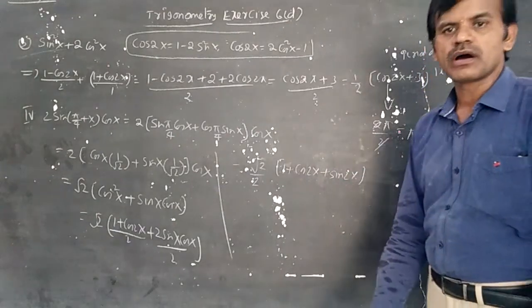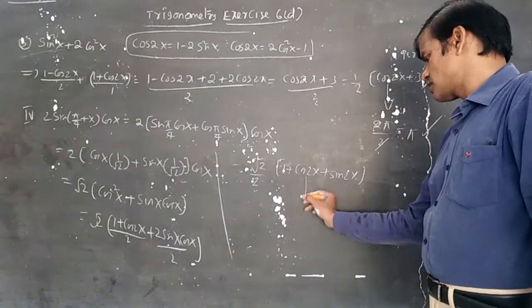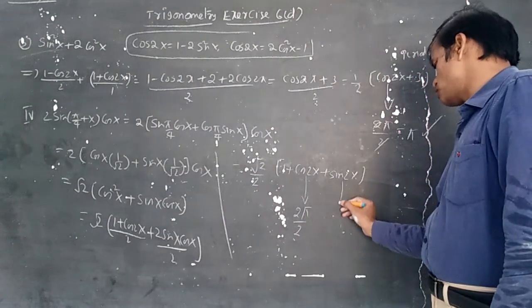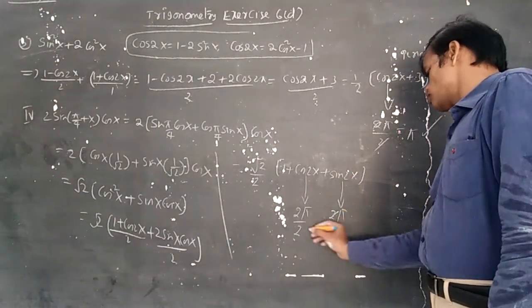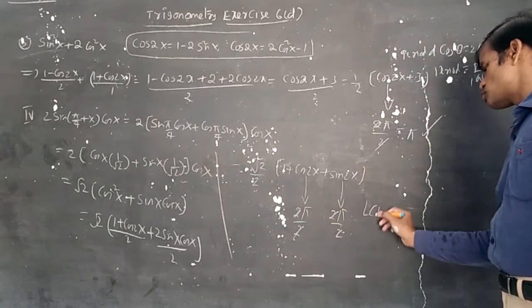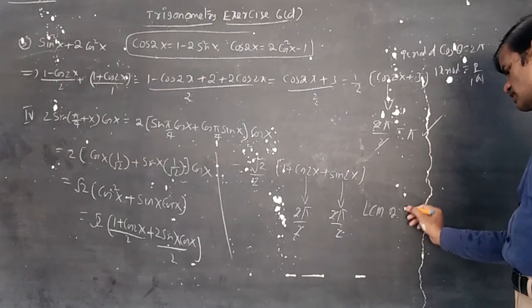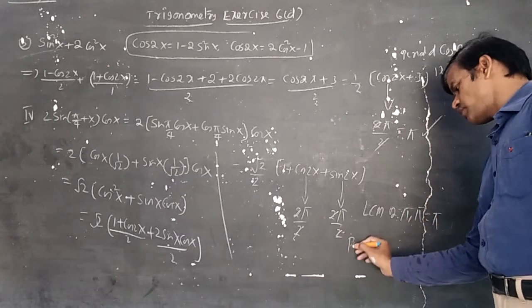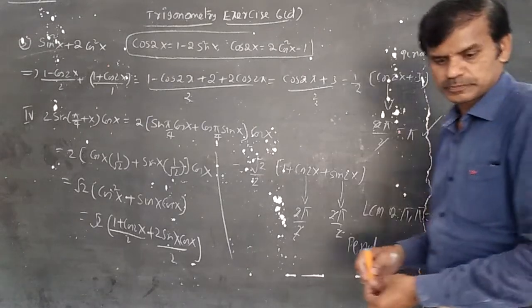We know that the period of sin theta and cos theta is 2 pi. Then using the formula 2 pi by mod a, where a is the coefficient of x, here 2 pi by 2. So 2 gets cancelled. You should take the LCM of pi comma pi, both is only pi. LCM of pi comma pi is equal to pi. Therefore the period is equal to pi. That's all.